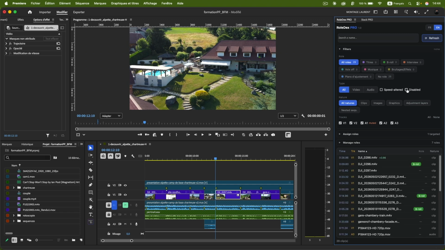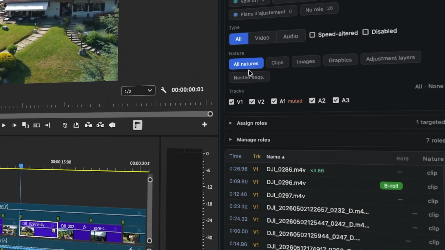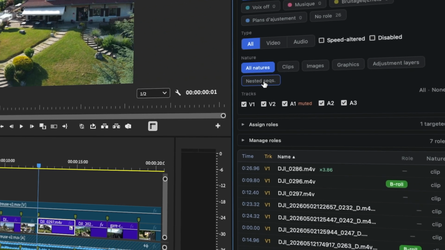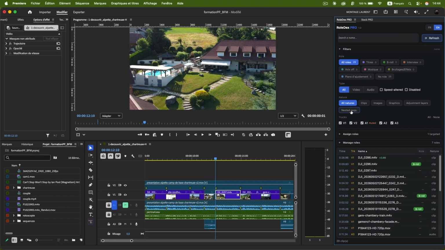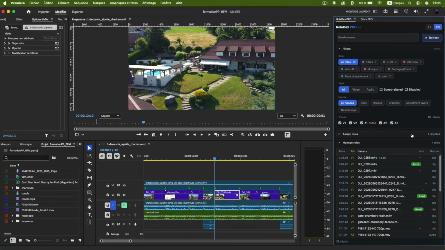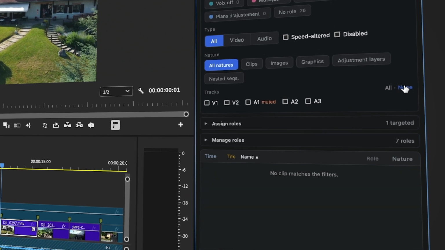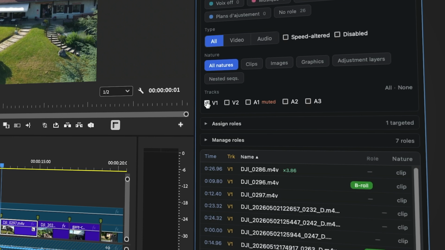I can disable this feature to get back absolutely all of my video clips. You can also filter, no matter the type, clips, images, graphics, adjustment layers, and possibly nested sequences. And finally, in this extensive list, you can also identify clips based on the track they're on. So if I uncheck everything, I can choose to display only, for example, what's on track number 1, or possibly